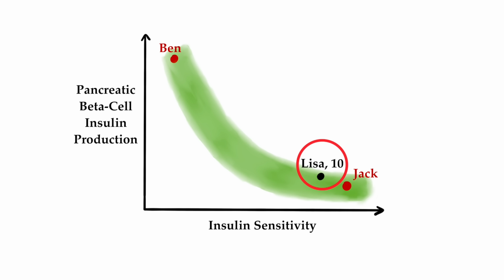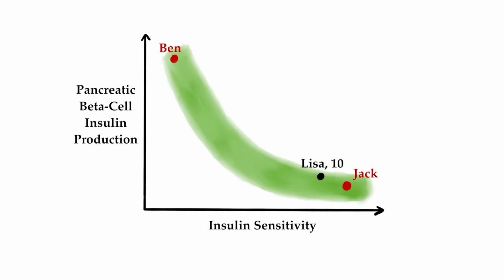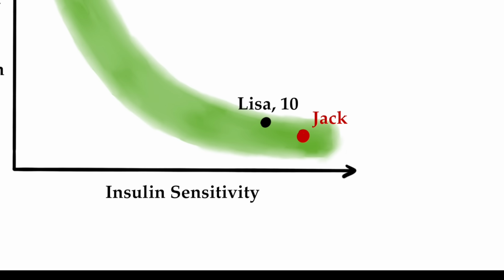Let's take a couple other examples of diabetes. Let's say this here is Lisa. She is 10 years old, healthy and physically active. She develops type 1 diabetes. Type 1 diabetes is an autoimmune disease in which the body's immune system destroys the beta cells in the pancreas. At least acutely, this doesn't affect her level of insulin sensitivity, but what would be expected over, say, a few years when she loses much of her healthy beta cells is that her level of insulin production drops, like this here. And as a result, she also first develops prediabetes and then type 1 diabetes.